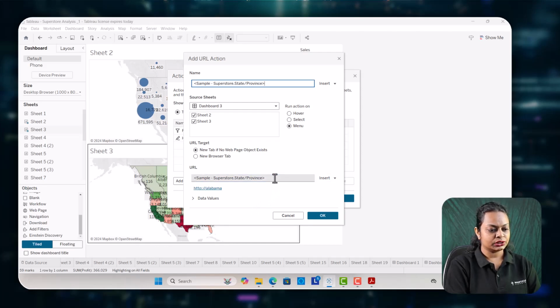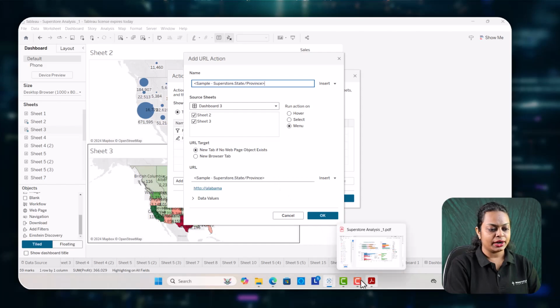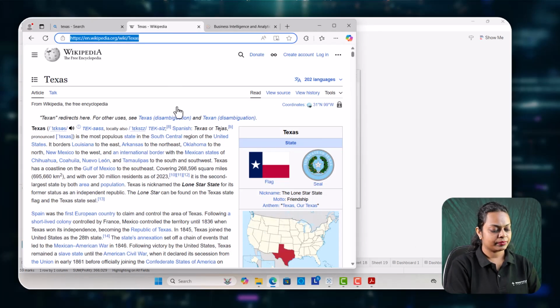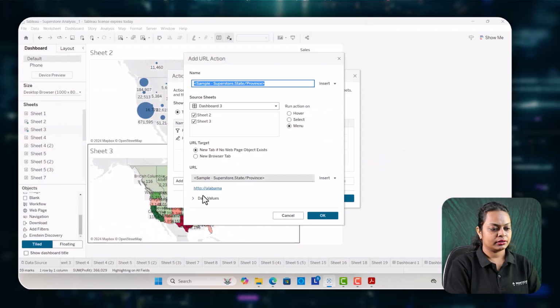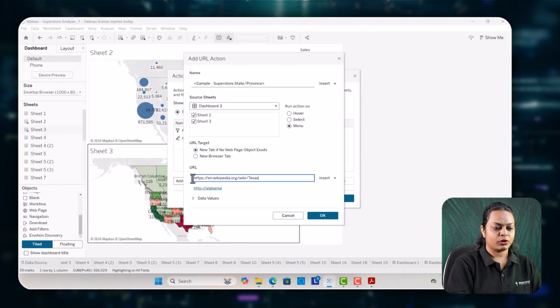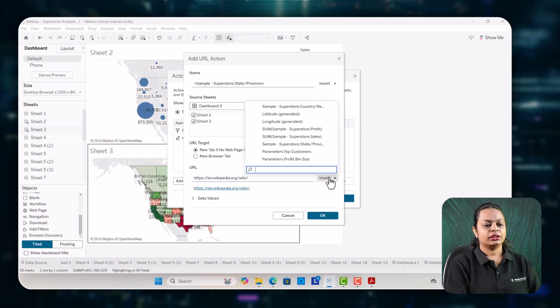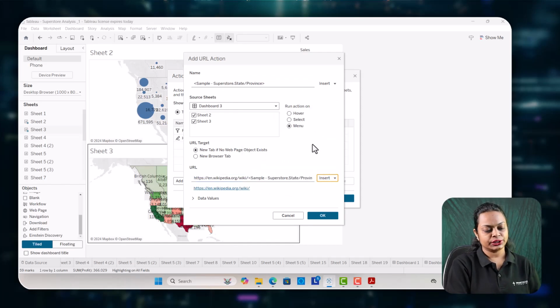So let me just repaste the URL for the Wikipedia. And yeah, remove the Texas from this, and let me now insert ahead of this the sample superstore state variable name,